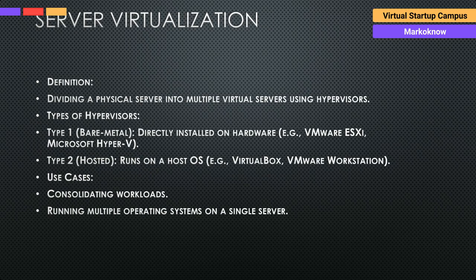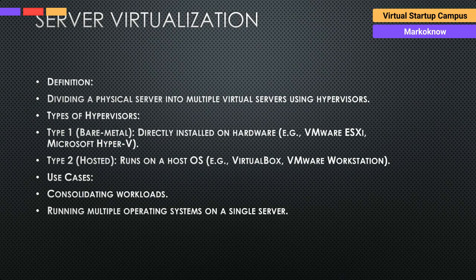Okay, let's start with server virtualization. It is used to create virtual servers on the server side using hypervisors. So they contain two types of hypervisors, so we also understand what a hypervisor is. Hypervisors are of two types. The first is bare metal, which does not have